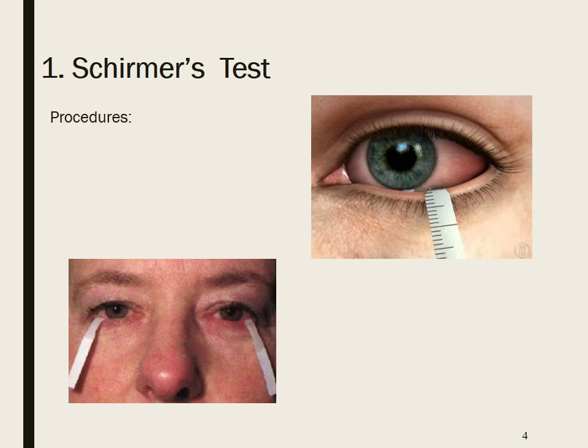Schirmer test procedure. We have two tests here, which are Schirmer 1 and Schirmer 2. For the equipment, we need to have a Schirmer test strip and also topical anesthetic. At the same time, we need to have a PD ruler, which is a millimeter ruler. And if you have the Schirmer test strip with the millimeter scale, then we do not need to use the PD